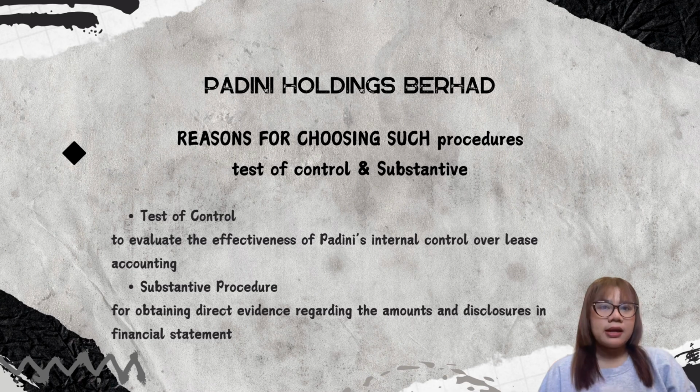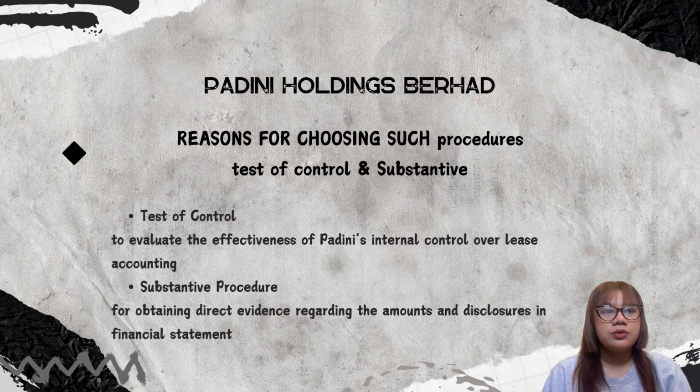testing required. Secondly, substantive procedures are crucial for obtaining direct evidence regarding the amount and disclosure in the financial statements. For PADINI, this may include verifying lease data by comparing a sample of leases to original documents, reviewing management estimates of lease period, and assessing the appropriateness of the discount rate used. These procedures are essential to ensure that the financial statements present a true and fair view of the company's financial